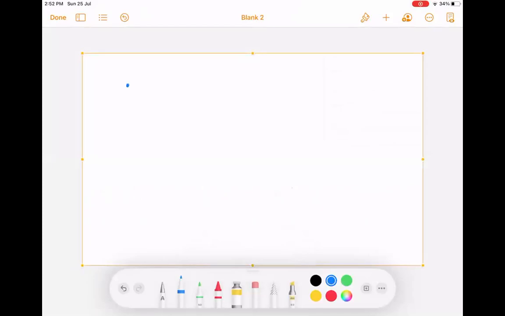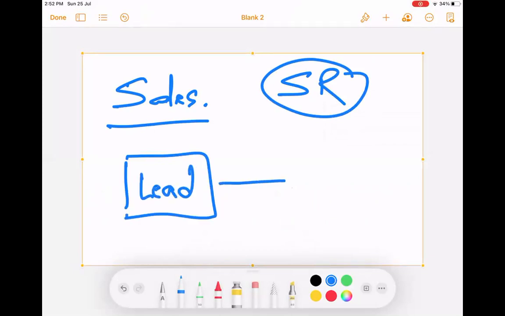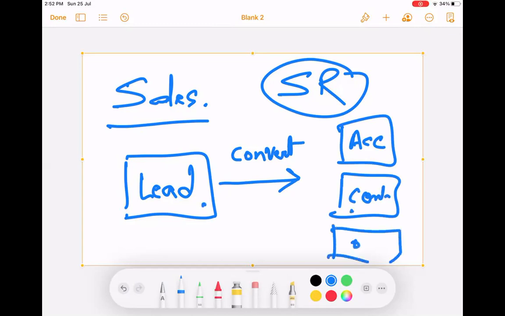Okay. So sales. What happens in sales is that a sales representative is a person who is selling the product. So he will go to a prospect. A prospect is called a lead, right? And he will try to convince him about the benefits of the product and so on. If the prospect is interested, we call this a qualified lead, and we convert the lead to an account, a contact. This lead is copied to a contact, and then you will create an opportunity, right?